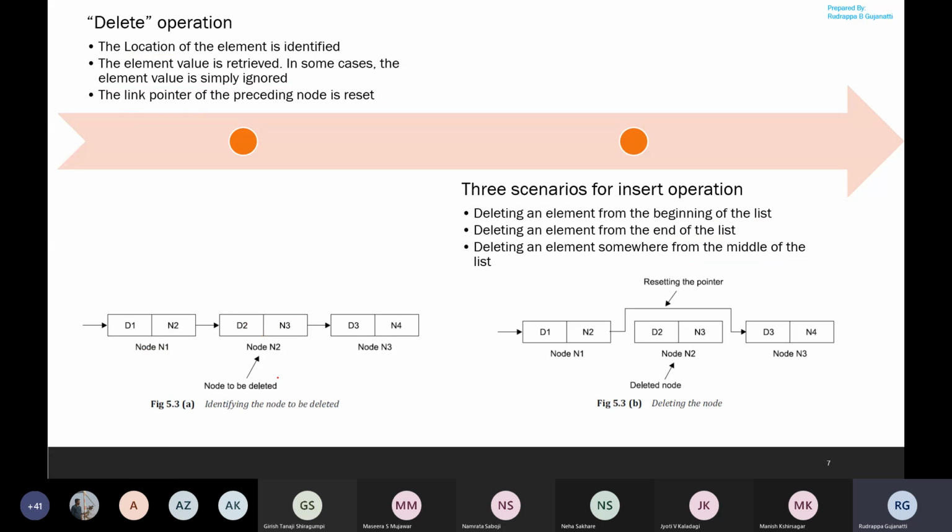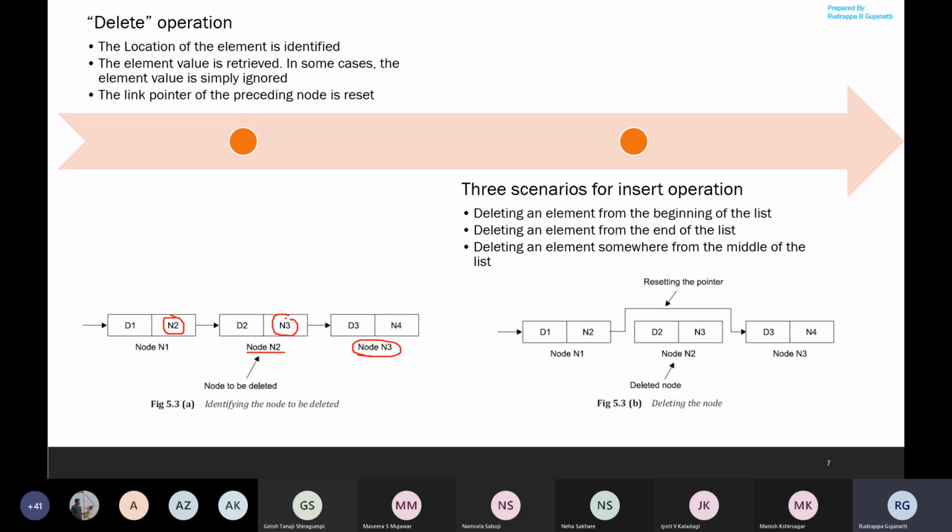So what we do is, in order to delete this, N2 field is previously pointing to node 2 address. Now what I have to do is get access to the address of node 3. So where is node 3 address available? It is available in the next field of this node 2.